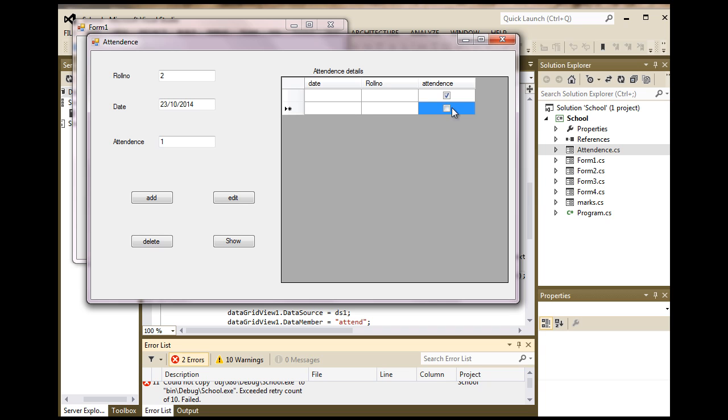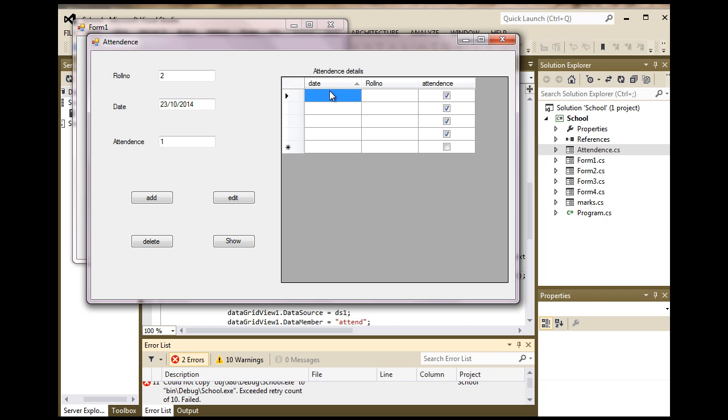Okay, that attendance, how many number of students will also be displayed, then we can enter details here with